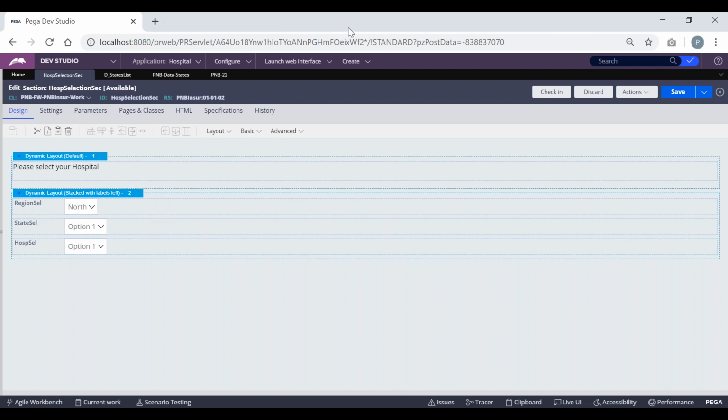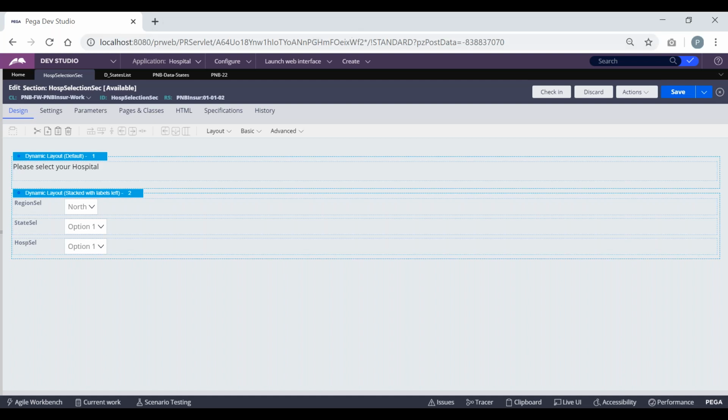If you go directly to the app explorer and try to remember the section you have created, and if there is any section that other developers created, it will be very difficult in real time to identify the section from the app explorer. So that's why we use live UI. First, run the output, check the value, and from there use live UI and come back to the designer studio.